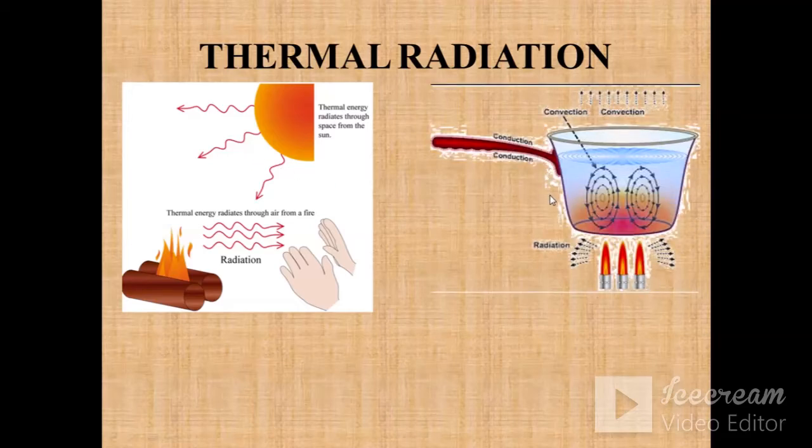Then this hot utensil, see the type of phenomena. Simultaneously all three phenomena are taking place. When it is heated, the area around this flame is hot. If you take your hand just in front of this flame, not touching the flame, you feel some warmth, that is due to radiation. Then due to conduction, this water is getting heated. Due to convection, the heat is transferred to this fluid, and due to conduction again, the heat is transferred to this handle. So we can say that all three phenomena are taking place here.